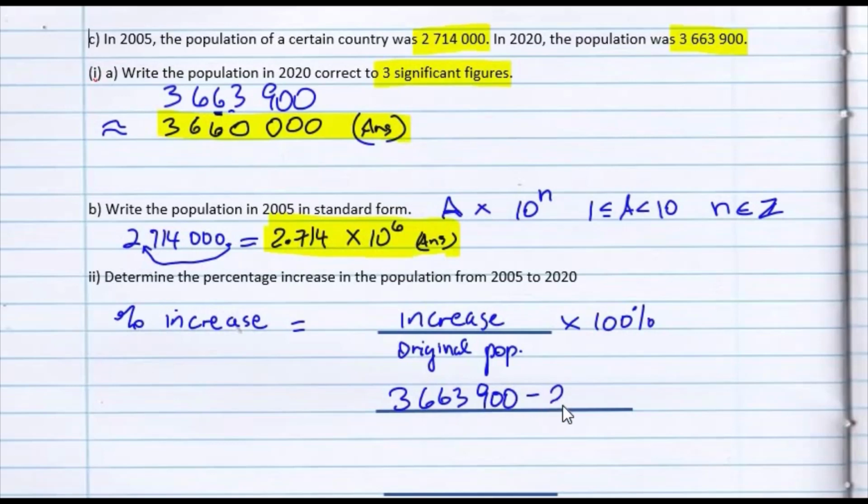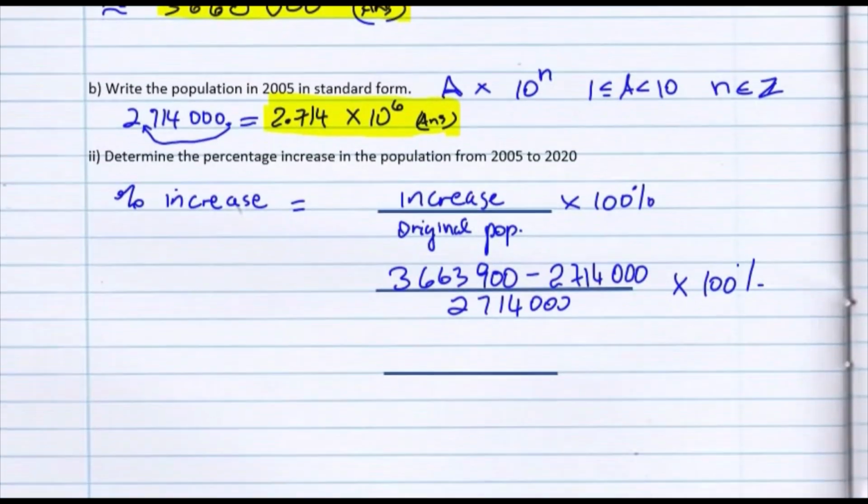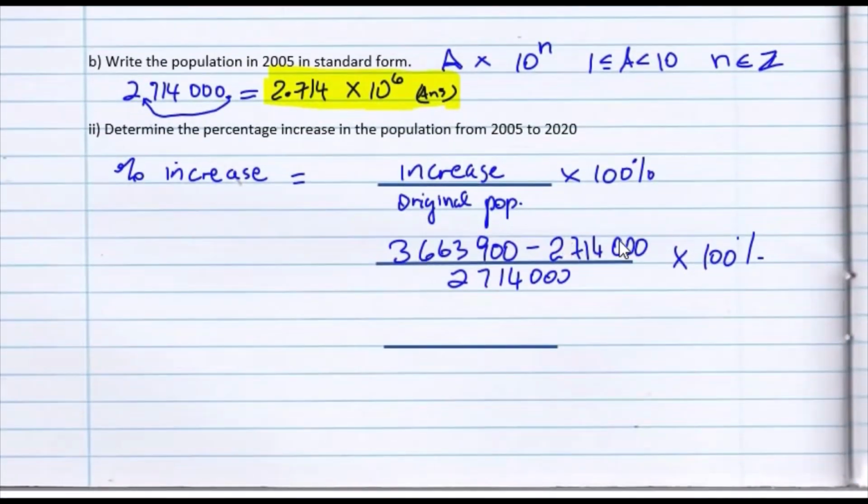3,663,900 minus 2,714,000 over the original amount, which is 2,714,000, all multiplied by 100%. And this will give us, when we subtract 2,714,000 from 3,663,900, we get 949,900. We divide this now by the original population times 100%. Dividing this, we'll get